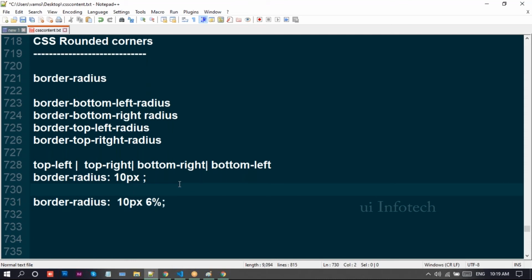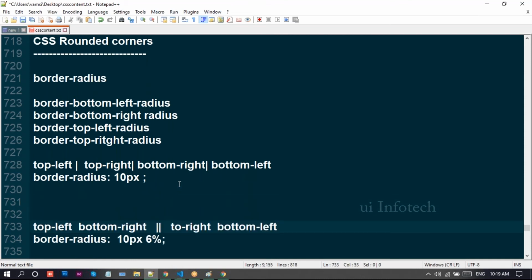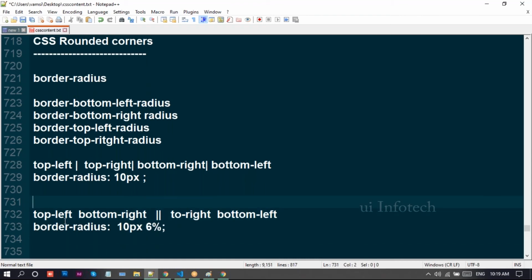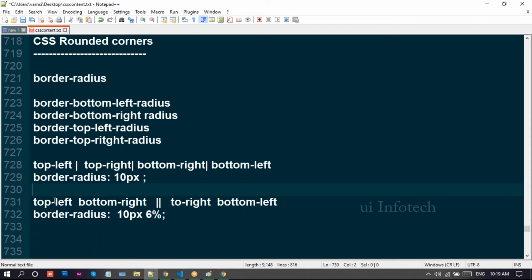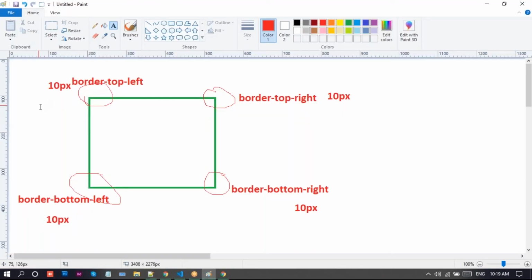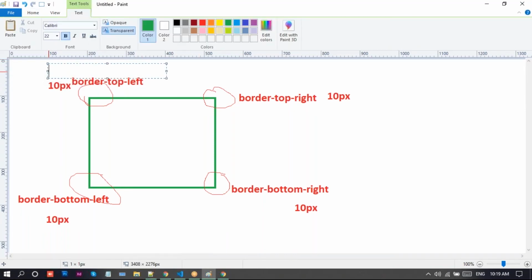See, if you found two values, top left 10, bottom right 10, top right 6 percentage, bottom left 6 percentage. See here, top left 10 pixels, bottom right 10 pixels.